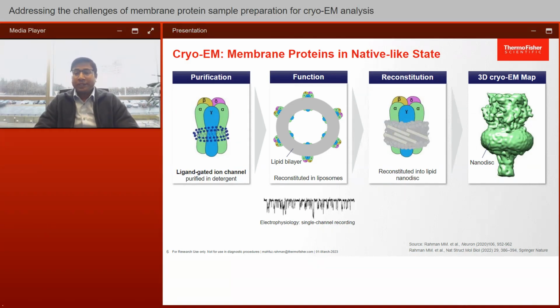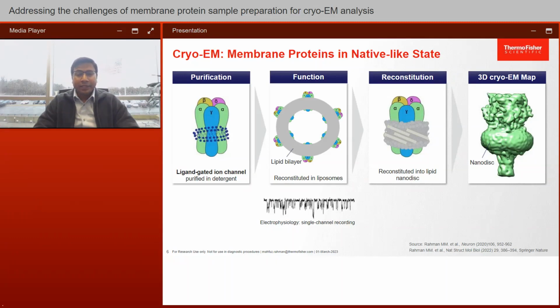So what does a native-like state mean? I will give the example of my postdoctoral work on ligand-gated ion channels. The membrane proteins are embedded in the lipid bilayer of the cell membrane, and therefore the lipids are very important for their stability and function. First, I purified the protein using detergent. Then I removed the detergent and reconstituted the protein back into a lipid bilayer